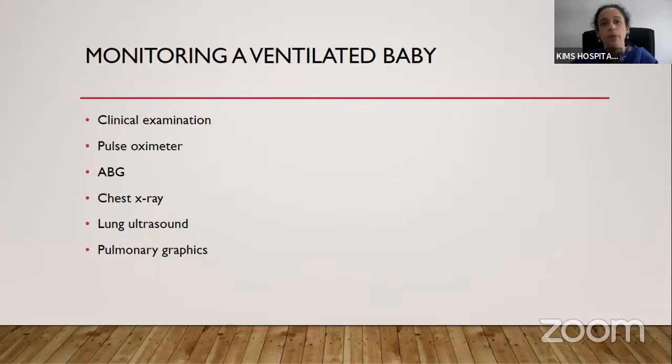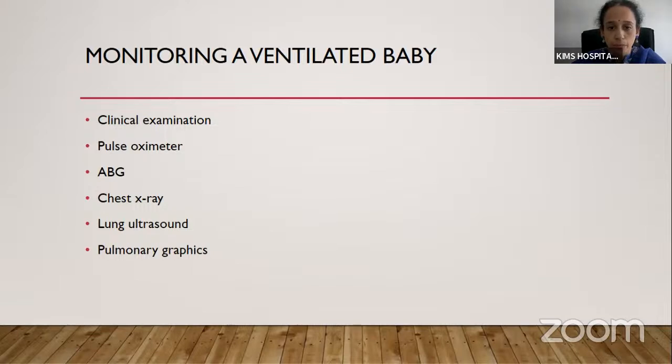So next, the pulmonary graphics is all about monitoring the ventilated baby. We have already ventilated the baby. Now we should monitor the baby. So how do we monitor? It's not only about pulmonary graphics, the overall clinical examination of the baby, like the baby's vitals, heart rate,